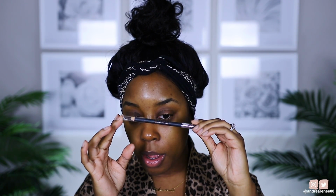I'm going to do my brows off camera. You guys know I always do that off camera. It takes the longest. So the brow pencil I'm using today is going to be my Anastasia Perfect Brow Pencil. This is the shade Dark Brown. But yeah, I'm going to go ahead and do these brows and I'll be